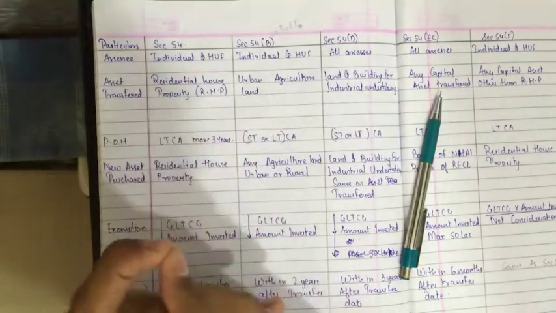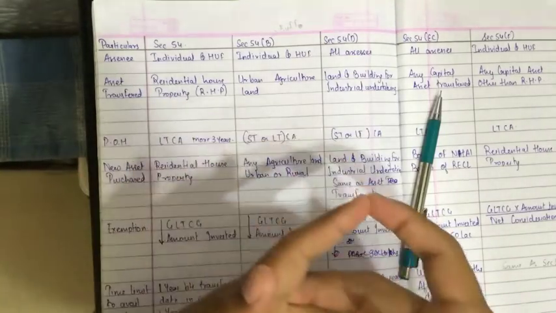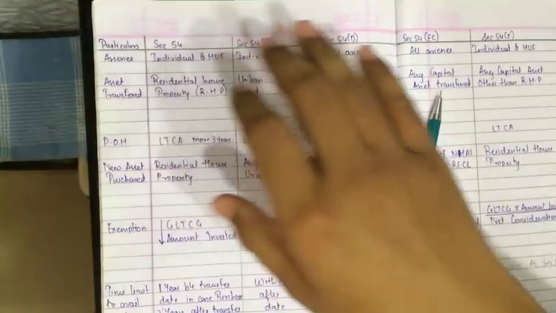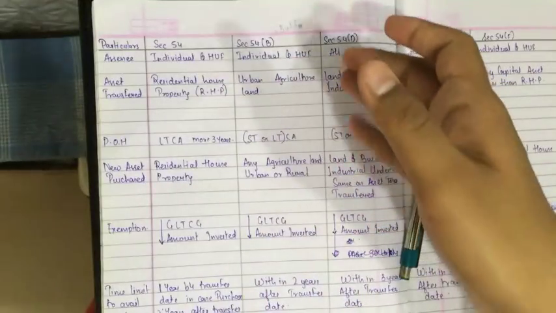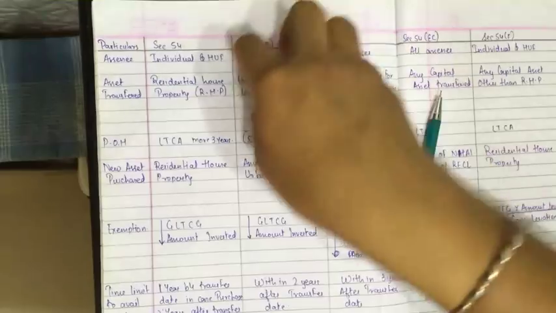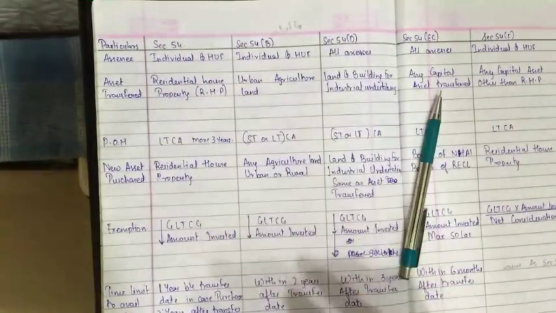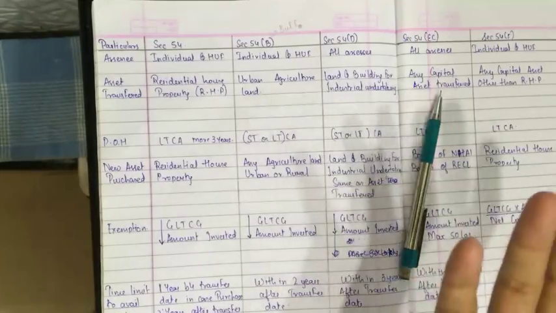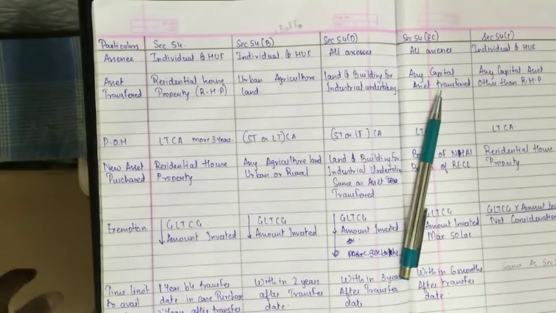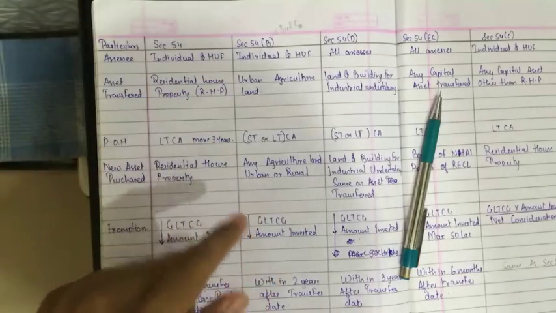Section 54B, because land, agriculture, buffalo: the buffalo is the one that does the hoeing and the farming work in the farm. So buffalo means agriculture related. So you can easily understand what section it is. Section 54B, buffalo. Any agricultural land can be purchased in an urban or rural area.